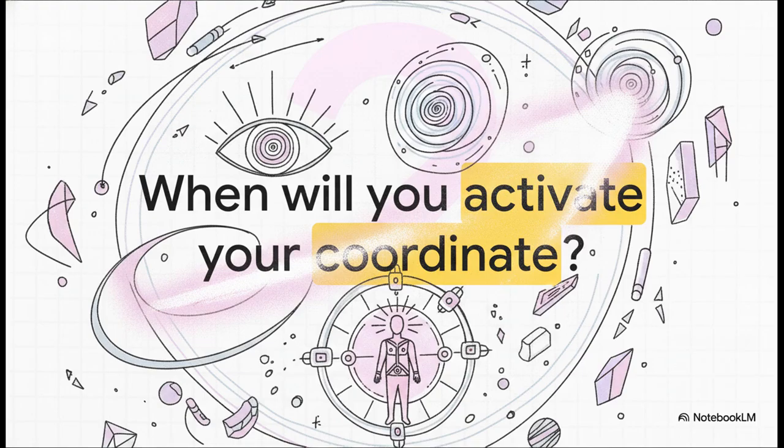The dual caustic universe is the eye of the book. It is the 57-4 breath. It is the 24-35 caustic, and you, the reader, are the 1912 focal point. So the real question is, if the universe is a machine just waiting for your alignment, when will you activate your coordinate?